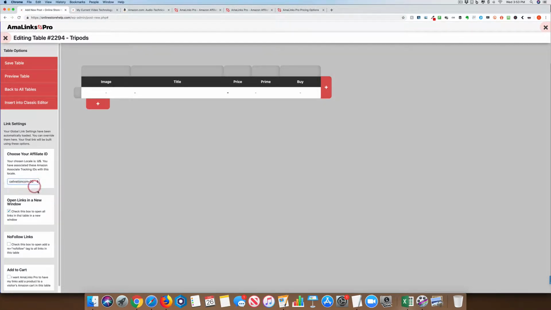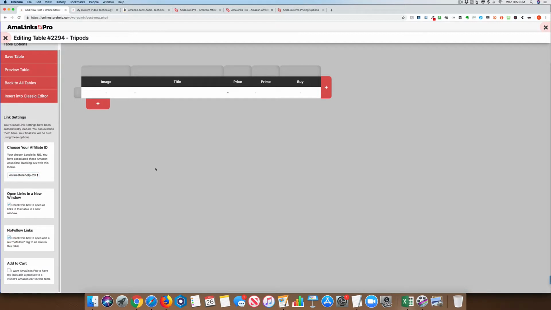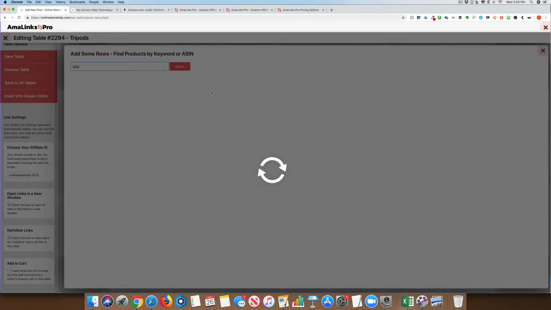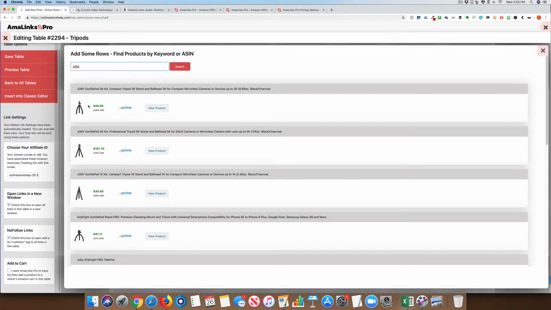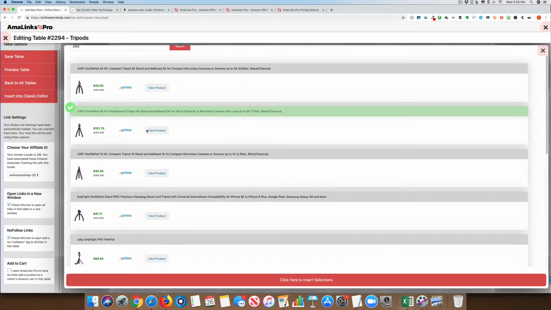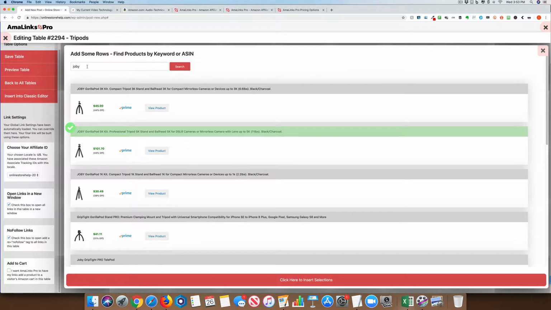So we come on here, we want to change this. We want to do no follow. But what we're going to do is we want to actually add in, right? So in this case here, we're going to look for Joby. And here is, we want this one. And if we click this headline, you're going to see it changes to green. And we can add in as many as we want, or